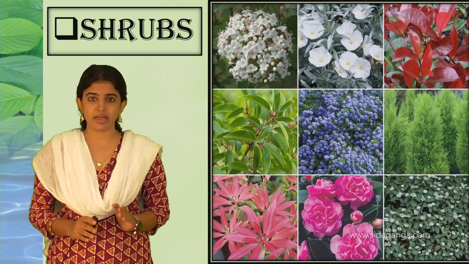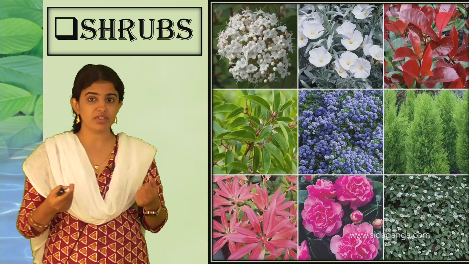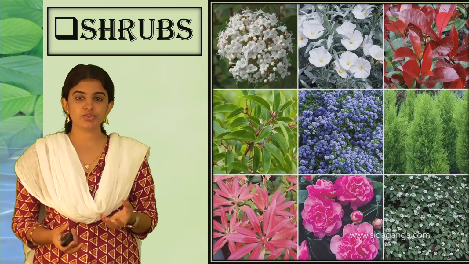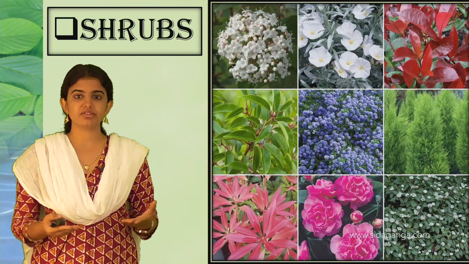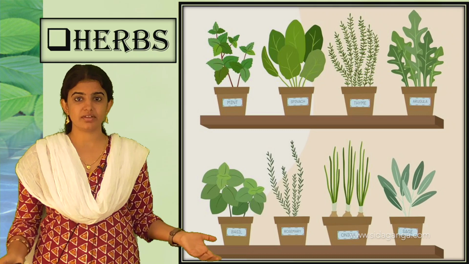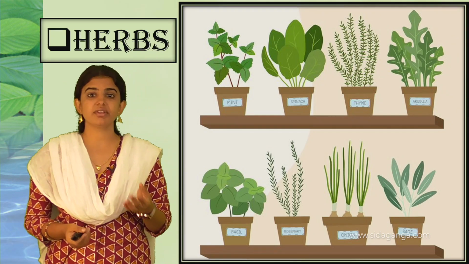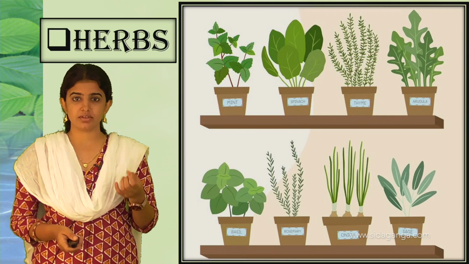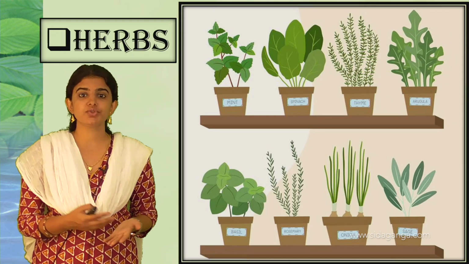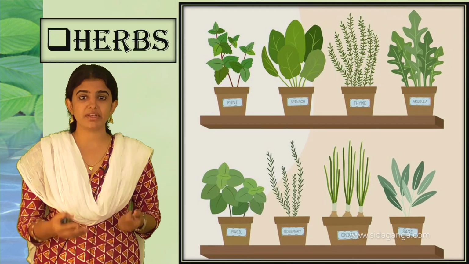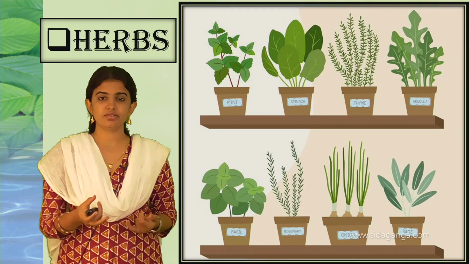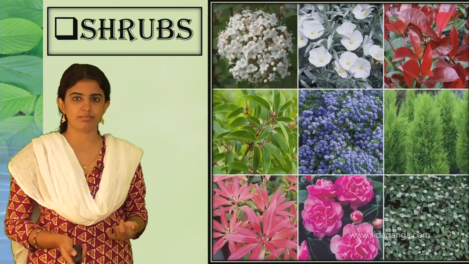Shrubs are medium-sized plants where the branching appears at the base of the stem, and these stems have a bushy appearance. Herbs are also seen in our surroundings. Herbs have a characteristic feature: they have a scent and provide a smell, and that's why herbs are helpful for making medicine and for preparing food items like spices. This is one characteristic feature of the herb.